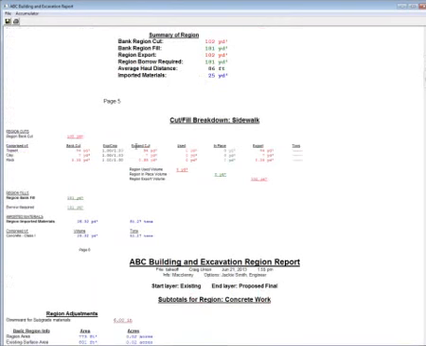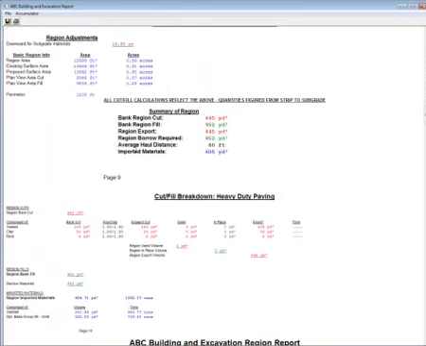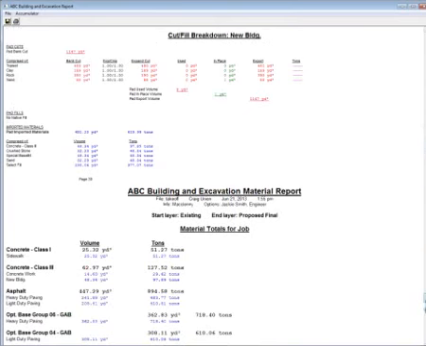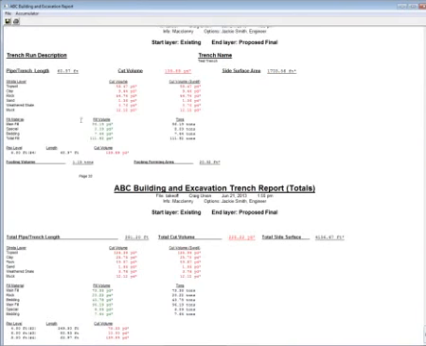Right down to, if I go all the way down, these are for all the regions that I put on this job, but I'm going to take you right down to the bottom. Here's your trench run with all the numbers for your trench, plus the material that was in the trench, the footing volumes, and so forth, and the different pay levels on the trench. So that's in Excel, and that's in the report, and you can manipulate that any